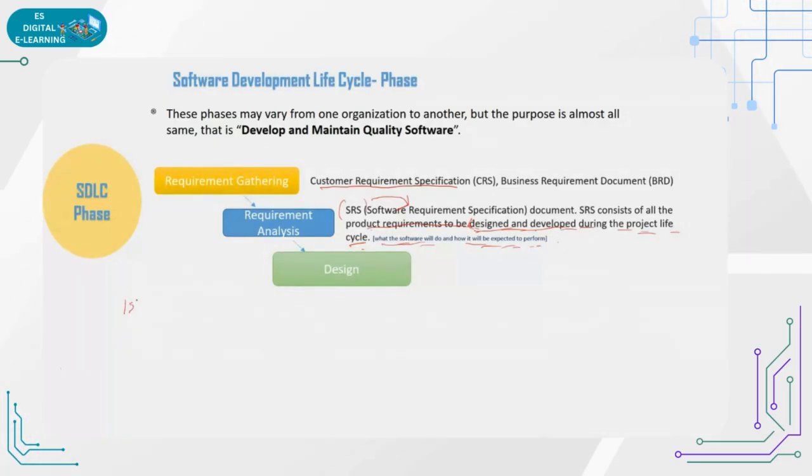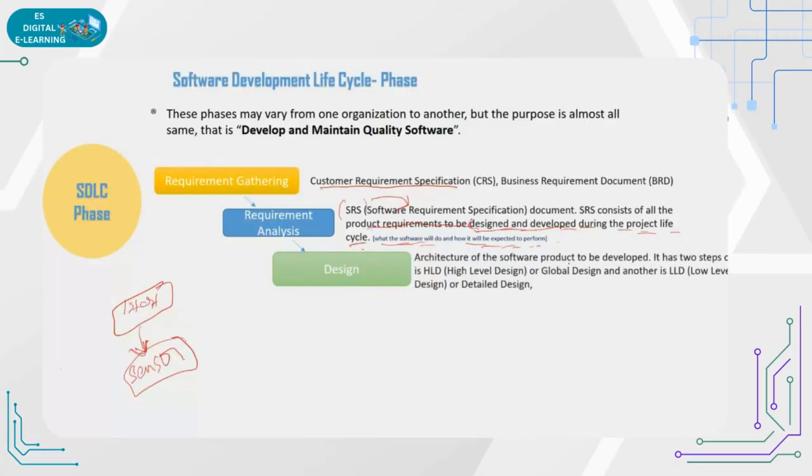Once I do the start, then it moves to the operation of the sensor, then it will work like that. You analyzed, and now you are making some flow chart kind of thing. So that is a design. So in the design, who will do this? The architect of the software product to be developed will follow the high level design